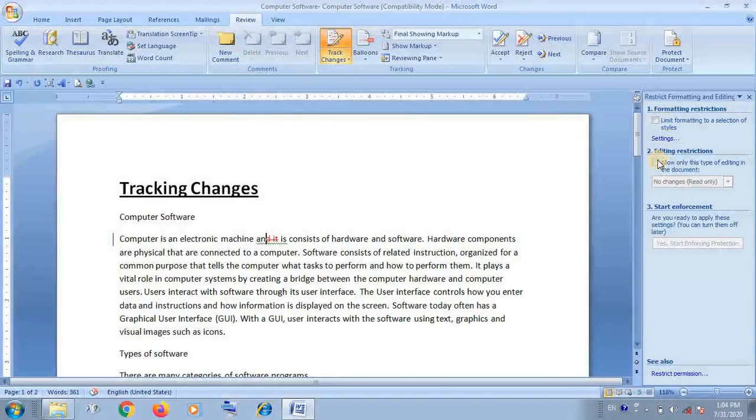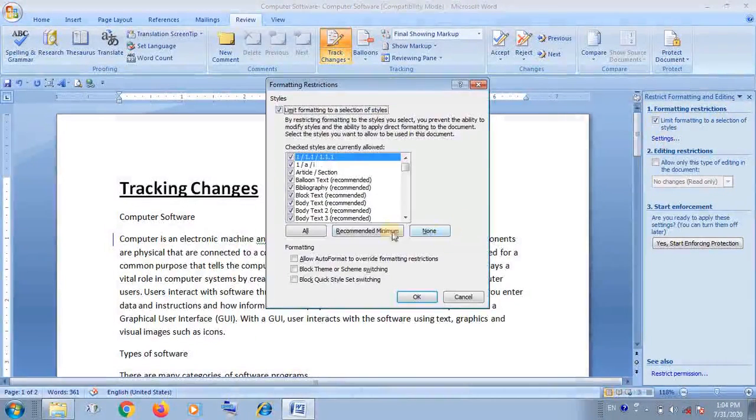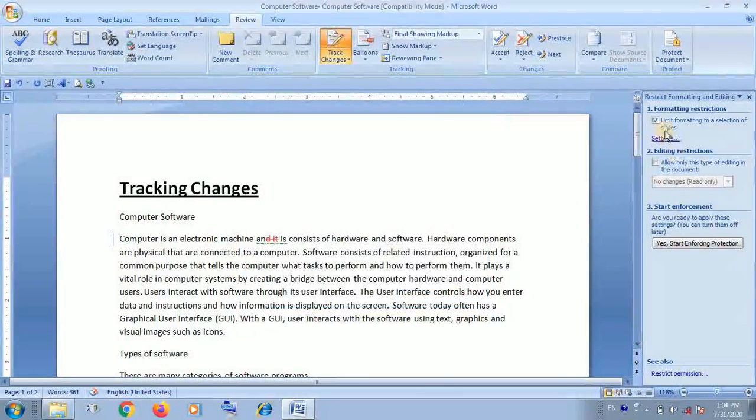You will get the option here, tracking changes options. Click here, formatting restrictions, then click limit formatting to a selection of styles, then you can limit it.